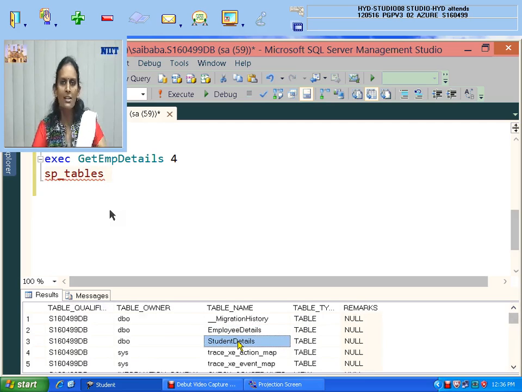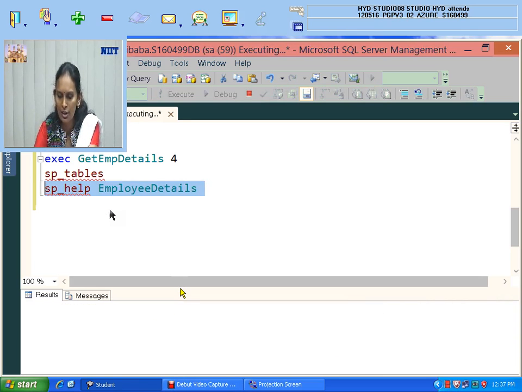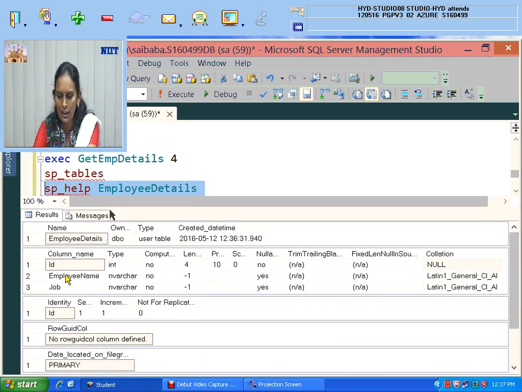The first answer you got it. Table names are changed as per our requirement. Now you want to check the list of columns, the structure of that table. So you give sp_help EmployeeDetails and select it. You will get the structure of the table with all the columns. There you can see EmployeeName. Are you seeing that you got it as EmployeeName? And actually we thought of giving this for designation, we forgot.